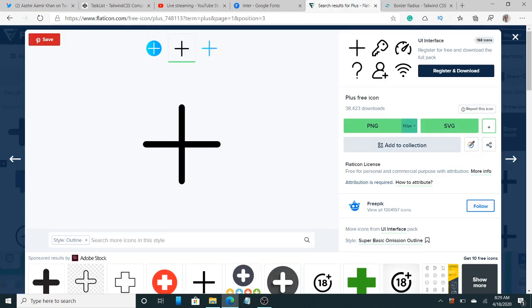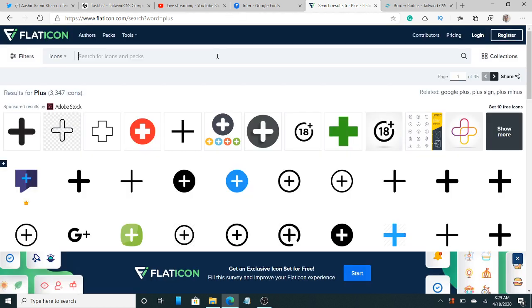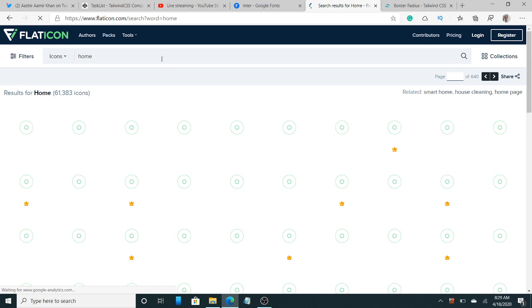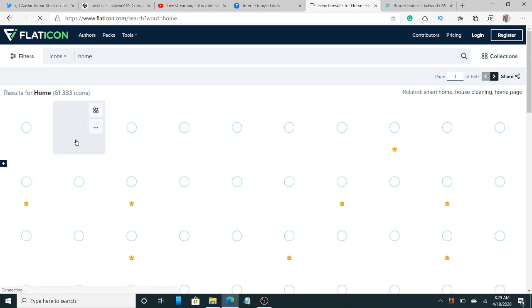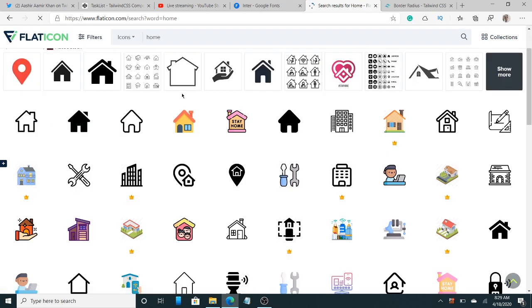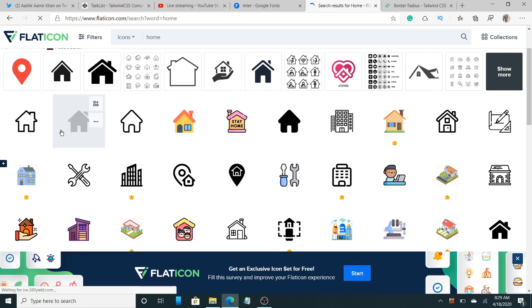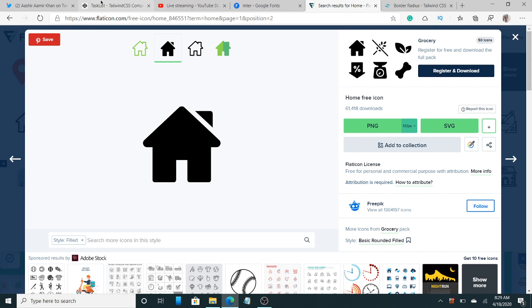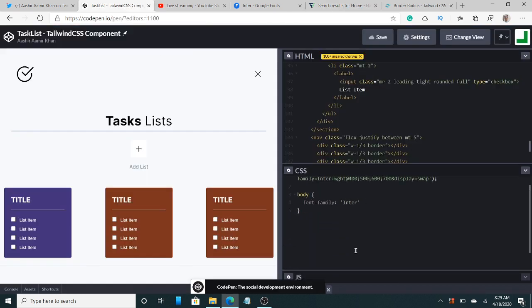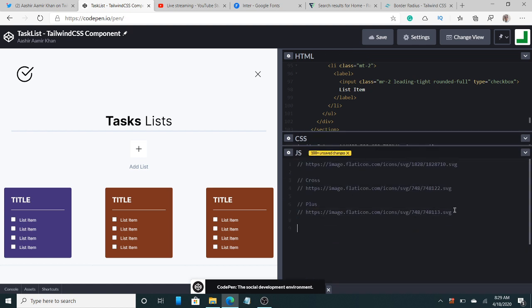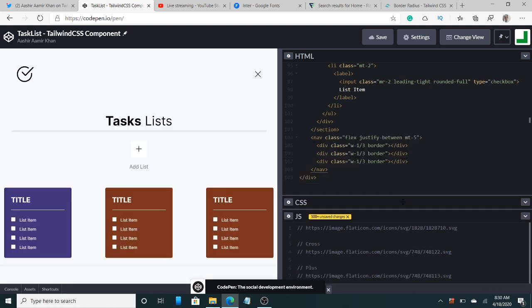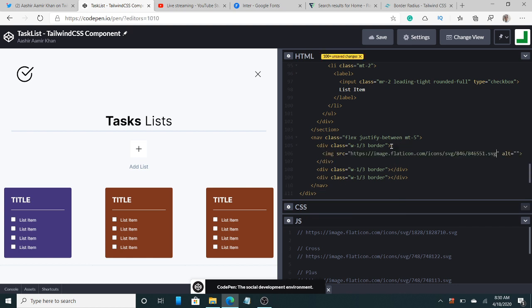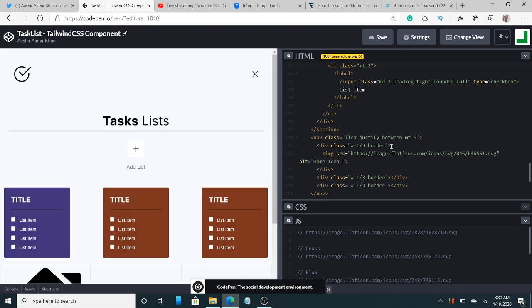Okay, so let's get the icons. So we want a home icon, home. This one looks cooked. I want the black ones. So copy image link and in JavaScript, home icon and then this, and go to the start of the line and then copy this image and paste it here. Image and this home icon and